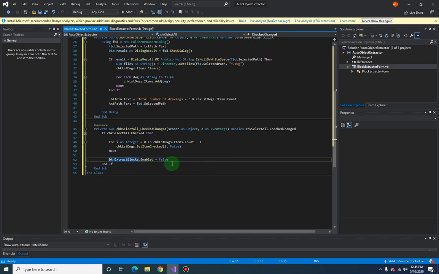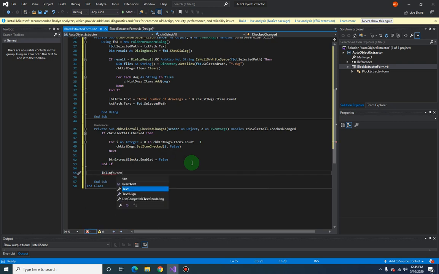Basically, the purpose of this is just to prevent the user from selecting it without having added the block name first. So there's no point to enable it right away and then there's no block name, so it's just a waste of time. And now we're just going to message the user, provide some message, and update equals number of selected drawings